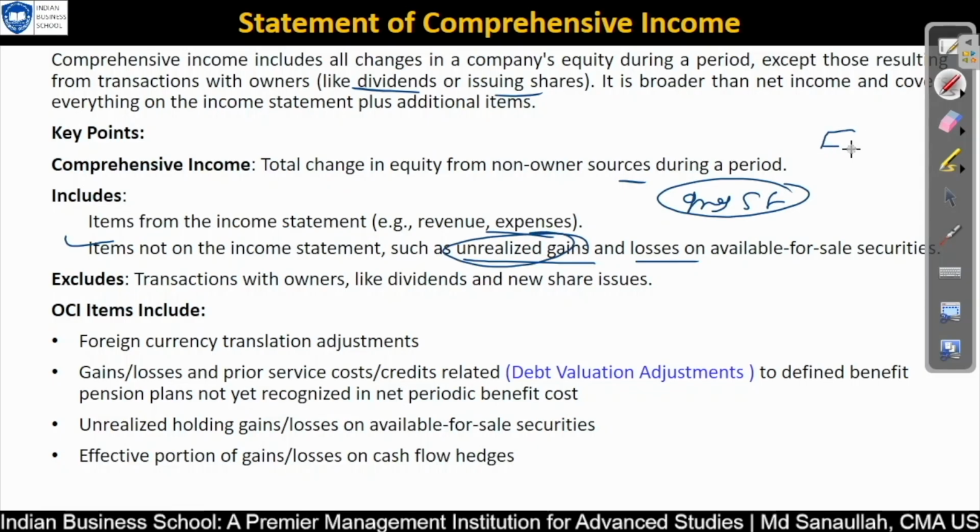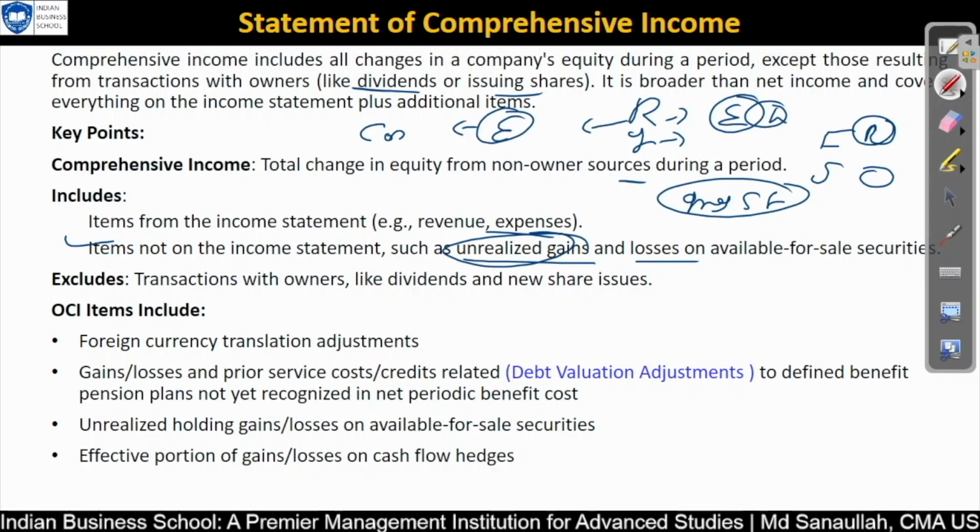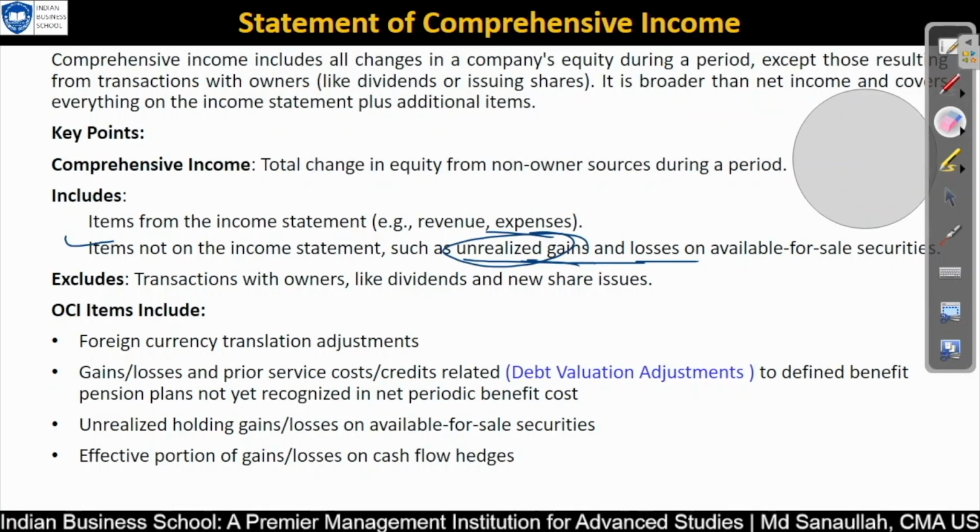Whatever asset we have purchased, shares or anything else, and have not sold, that is not yet earned. Since we have not earned it, we cannot recognize it here. Revenue and income we can recognize only when they are earned or generated, and expenses are recognized based on consumption. If we have consumed a service or used a product, this concept helps us recognize period costs, like interest expense. But unrealized gains and losses we cannot book into our income statement, because this is not allowed under IFRS and GAAP.